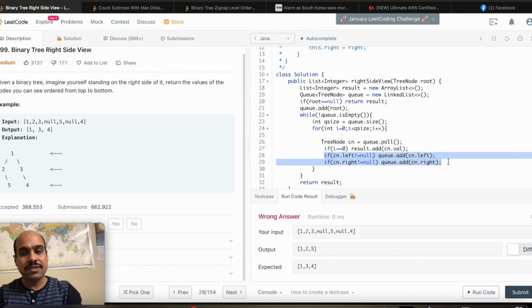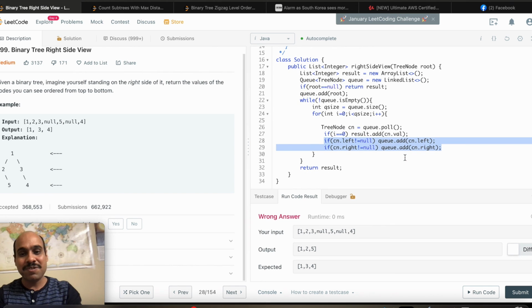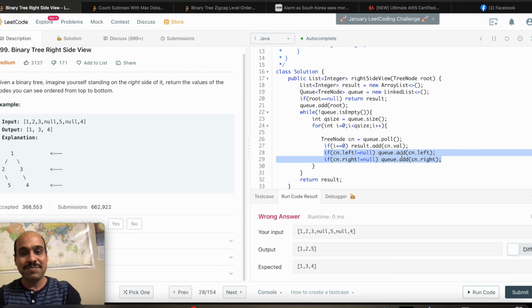I think there are other questions in LeetCode which you can try. For example, zigzag level order traversal. I would hope if any one of you tries that problem, it is similar to this problem. I could have solved that problem too, but I just wanted to show you the algorithm first. So go ahead and see this logic, and then just close this video and write your own logic. And once you are successful, try to think about zigzag level order traversal of binary tree.